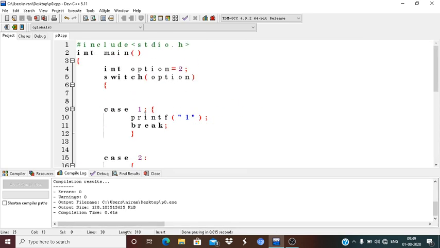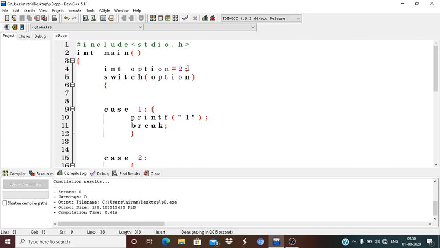It is also called a switch case program. After the definition, I can tell you some important points and some restrictions on using the switch case. You can notice here the option inside the switch parenthesis.